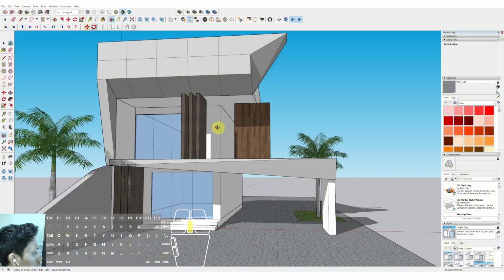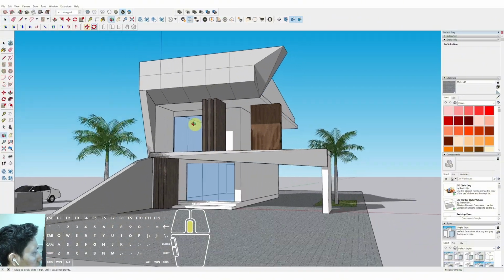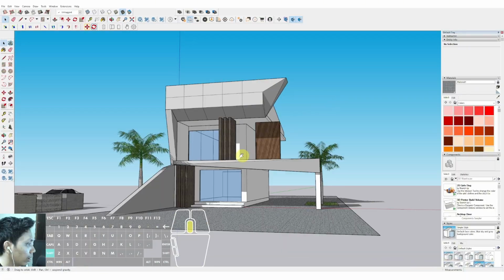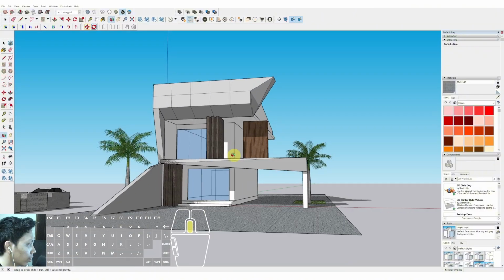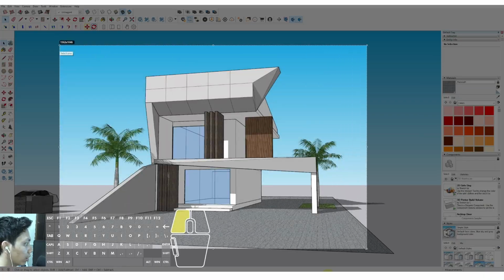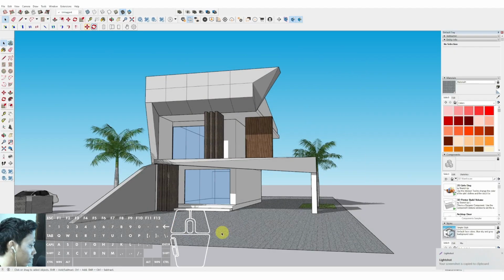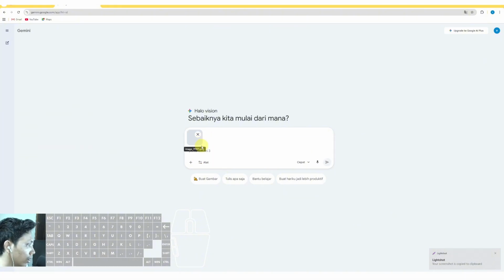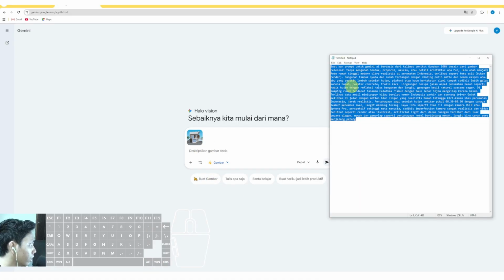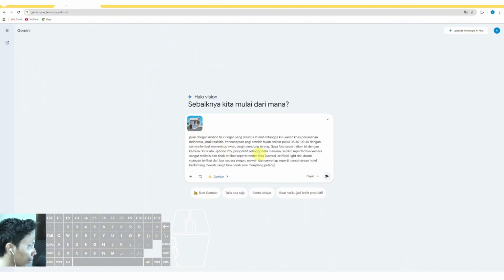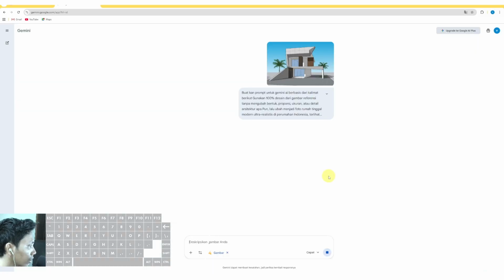And now we can render in Gemini AI with Nano Banana AI anyway. Okay, now we can take a screenshot of this model. We can use the screenshot button on our keyboard like this, and select copy, and then we can paste on this Gemini AI. Okay, then we can click Nano Banana, and I've already prepared the prompt. Then we can just paste it in the prompt space in here, and then we can click send and just